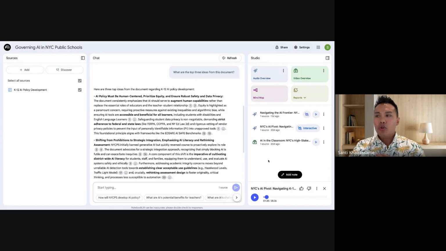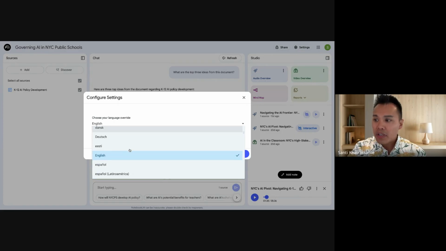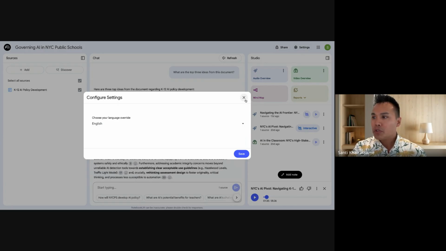Okay, so it created an audio summary. You can go to settings, you can change the output language. So if you're a teacher, you can upload your lesson in here and you can output an audio podcast in these different languages for students that may have missed school that day, or maybe have students that are just better at